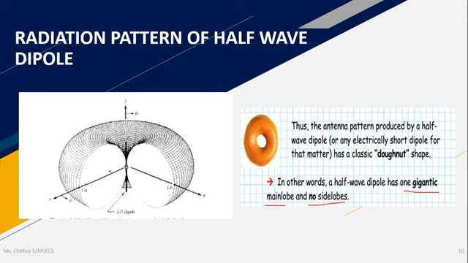So this is a three-dimensional radiation pattern of a half-wave dipole antenna, and this structure is similar to a donut. If you see a donut, that shape will resemble the radiation pattern of a half-wave dipole antenna. Since there is a perfect matching and also it has a very good radiation pattern in the given direction, the half-wave dipole antenna is very much useful in practical applications when compared to the linear wire antenna and also the Hertzian dipole antenna.